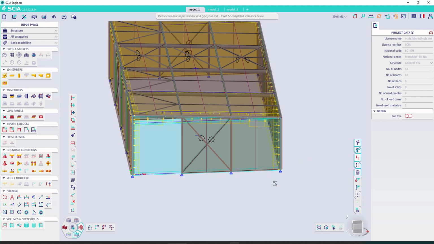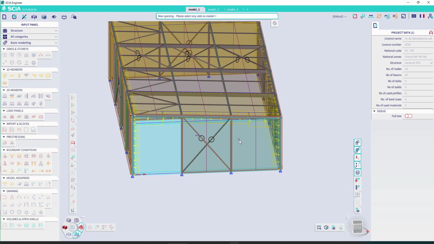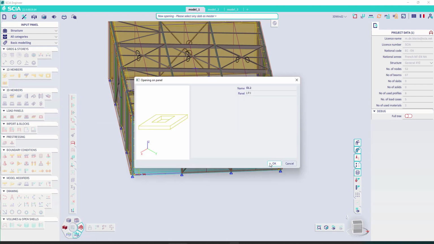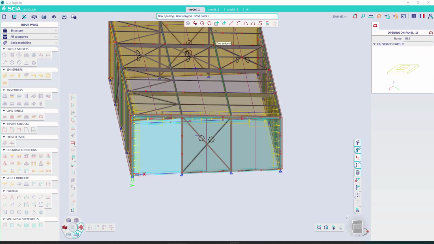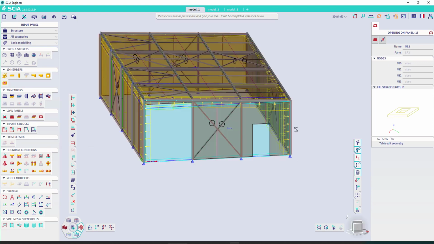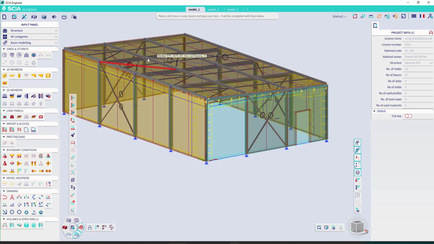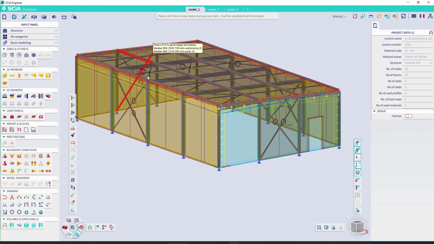And I can create another one here. Why not? In fact, you can do as you prefer. Okay, I can do it again, and here I will create a kind of door like this. Now here there are two openings, and to do the other example, I will consider that also